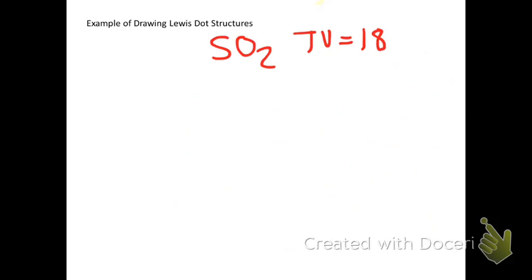Alright, so what's my central atom here? Ooh, well, if you look at the periodic table, you would find that both sulfur and oxygen need 2 more electrons to have full shells. Uh-oh. So they both need the same number of electrons. So which one's going to be my